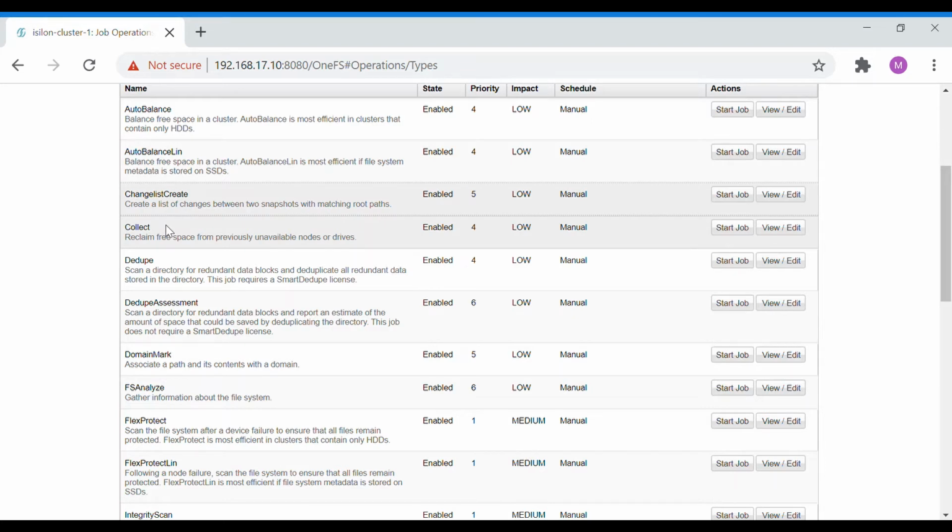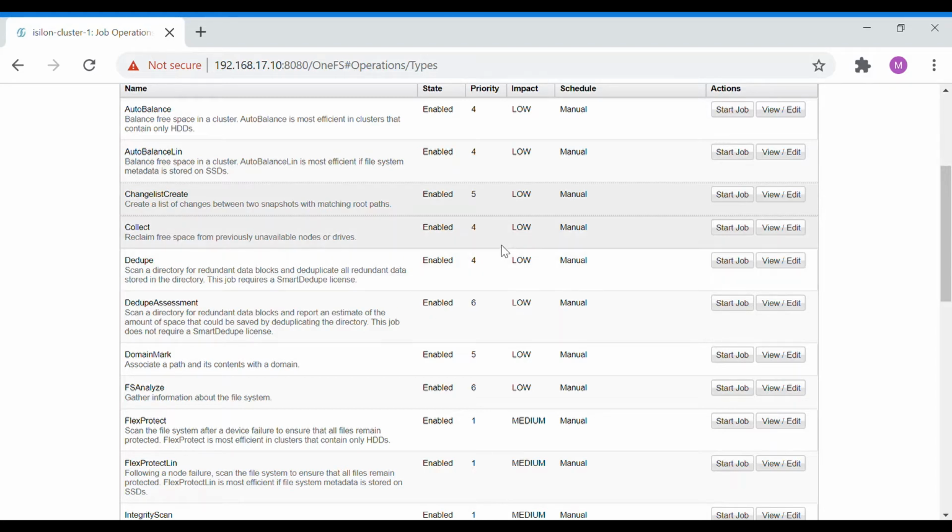For example, you have a huge amount of data that is deleted, and post deletion you will have some unused or orphaned inodes or blocks left behind. So to reclaim those, you will run this collect job, so that once this collect job has completed, you will get some more new space.